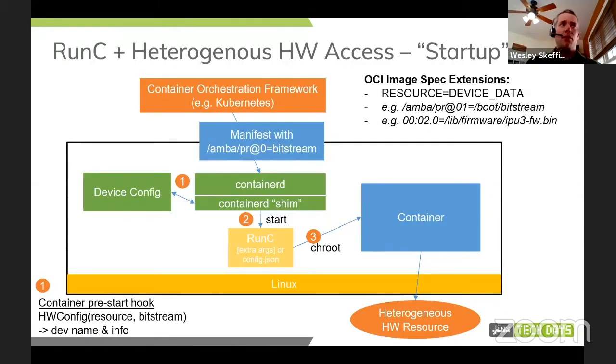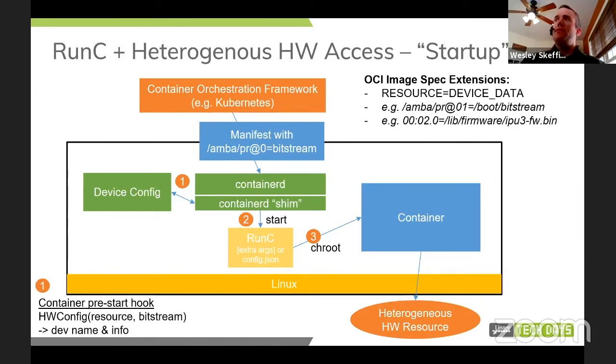So first, we're going to talk about linking heterogeneous hardware accelerators into native runC containers. And again, what we're trying to do is do this at a level within the OCI framework that is agnostic to the different orchestration frameworks and other technologies that people have built on top of containers in terms of container management and orchestration.